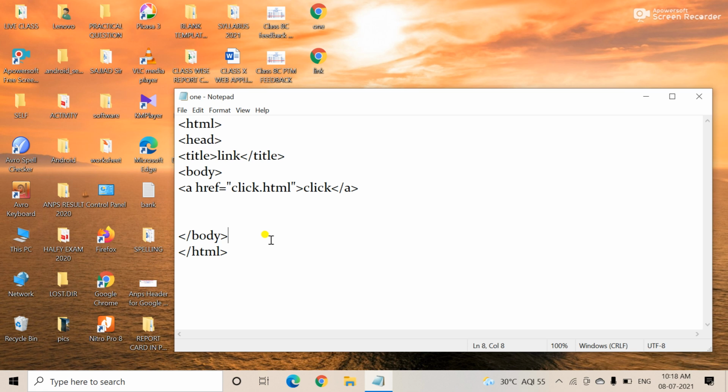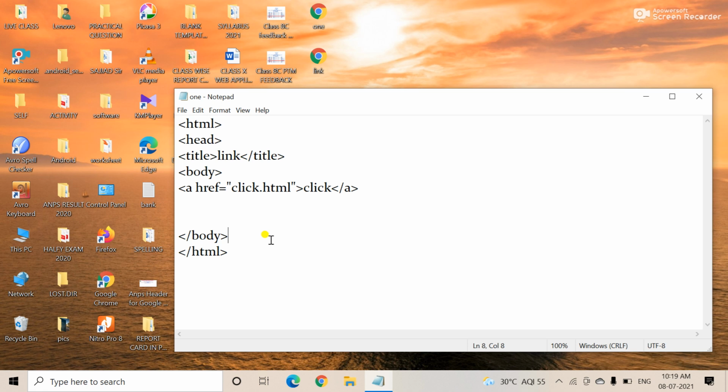Container element. All of you know there are two types of elements, container element and empty element. Container elements have an opening tag and a closing tag. This is called a container tag.